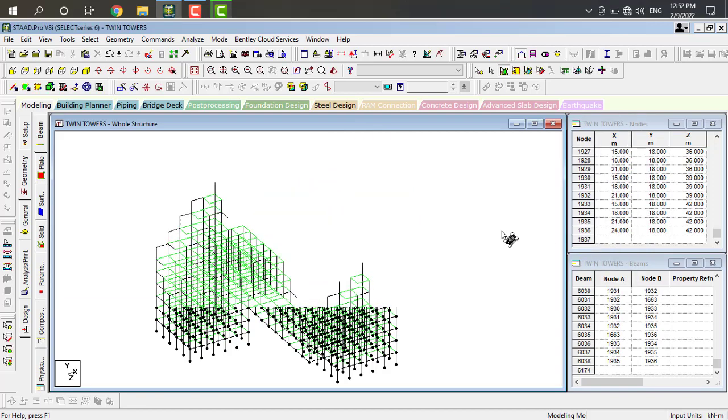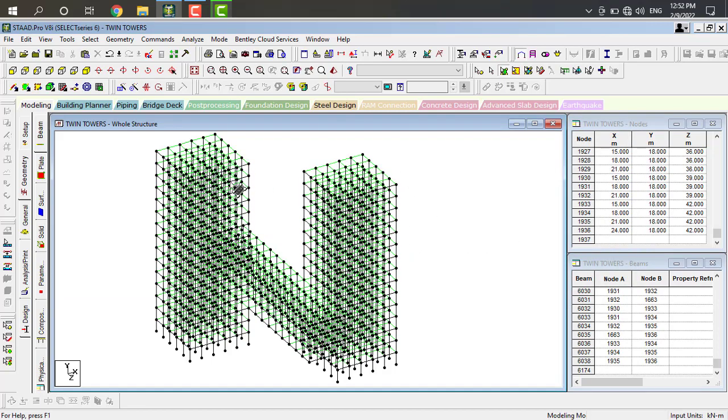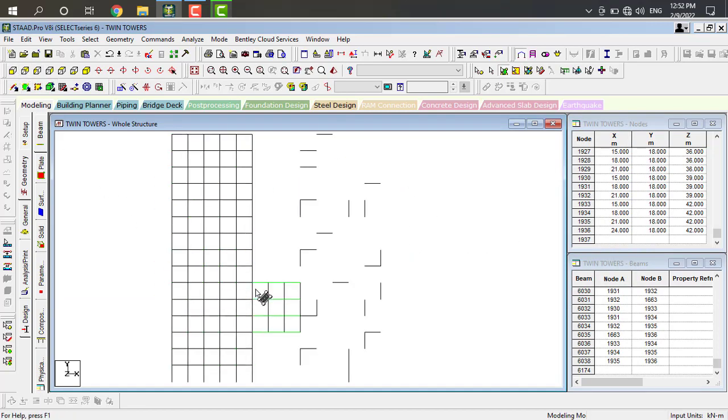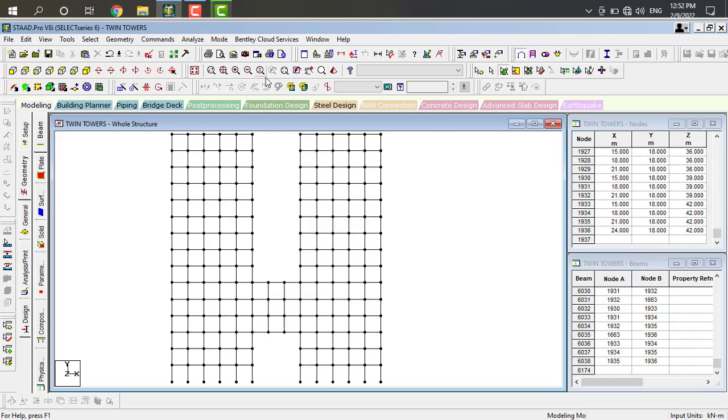Okay. Now again take this view in front view. This is our 5th floor, and just select our 9th floor from here to 4.